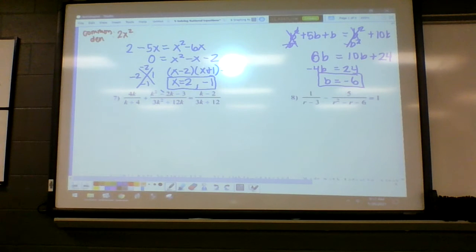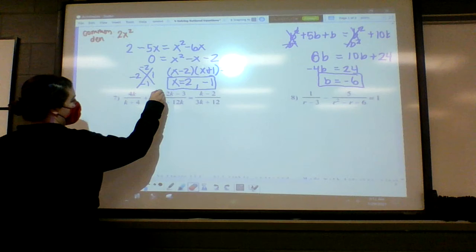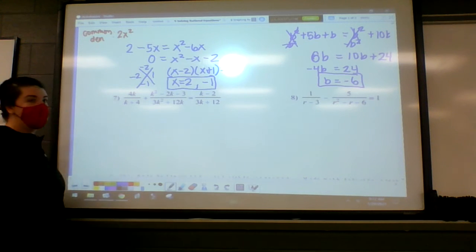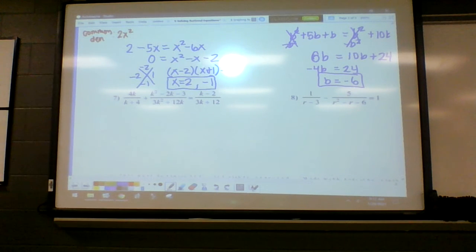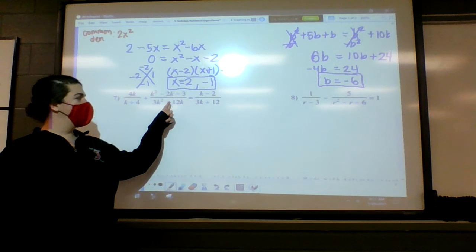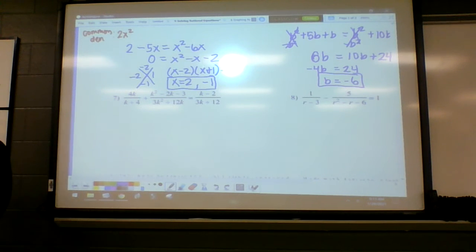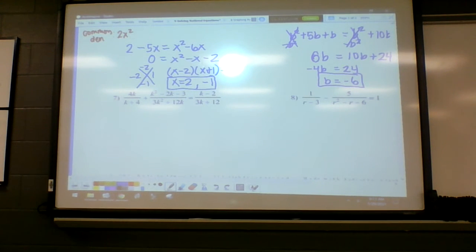All right, take a look at this next one. There's a lot more going on here, isn't there? Just more stuff in general. All right, I have a k plus 4 for a denominator. I have a 3k squared plus 12k, and I have a 3k plus 12. For the common denominator, if you can't tell,